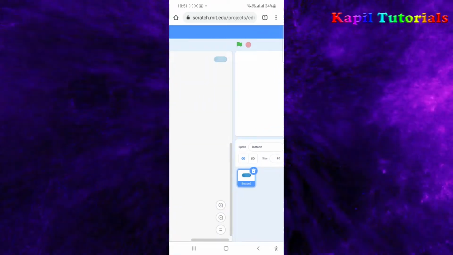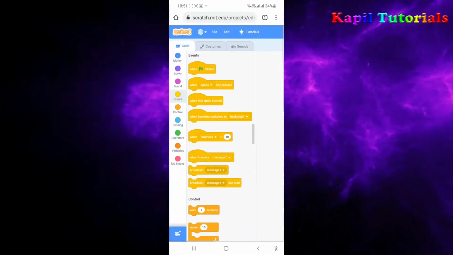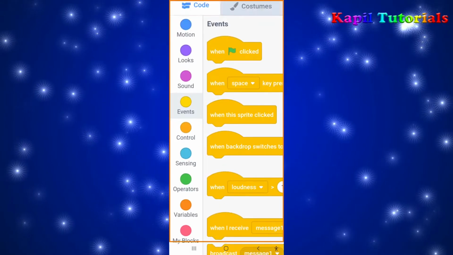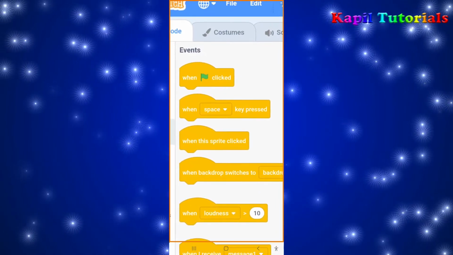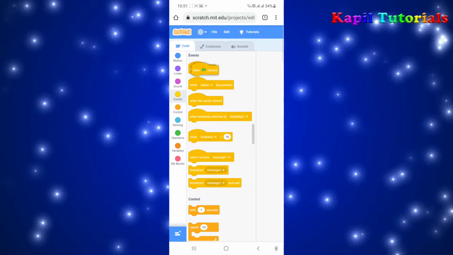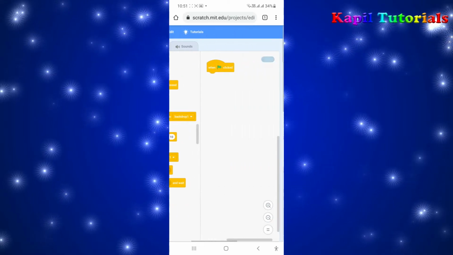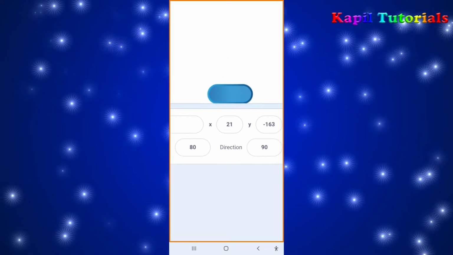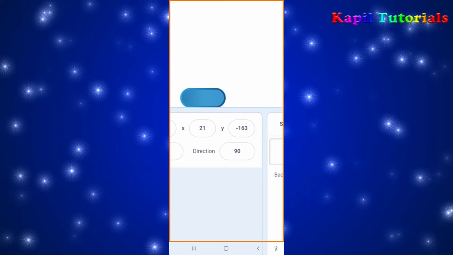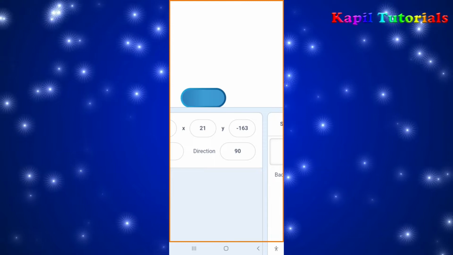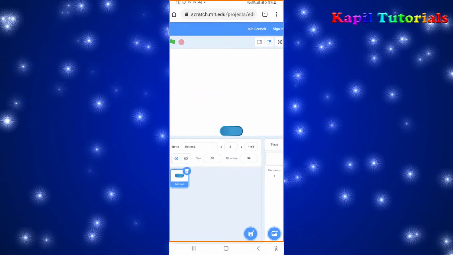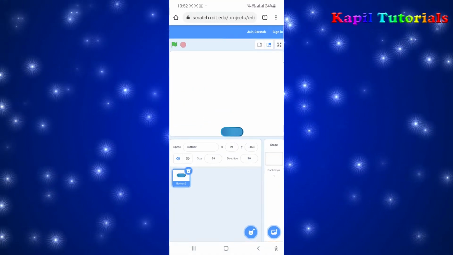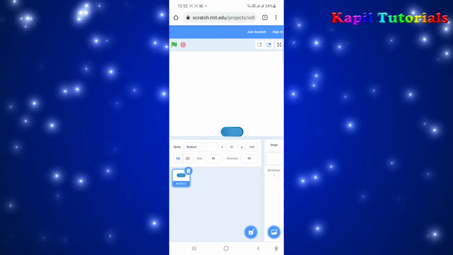Now I'll go to my event block, and then when clicked, I'll drag it here. When clicked, my X is presently 21 and Y is minus 163. So I want that whenever I start the game, my sprite, that means this button, should be in between.